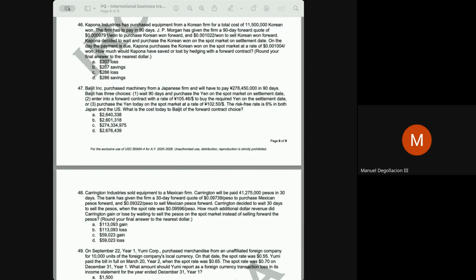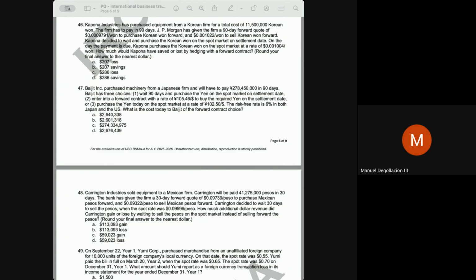One way of doing that is by dividing 2,640,000 by 1 plus the effective interest rate. Since the risk-free rate given here is 6%,